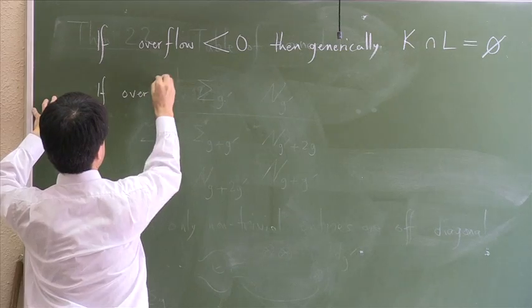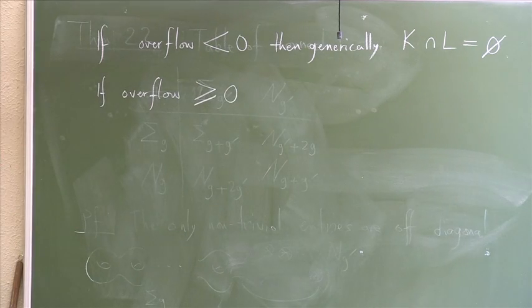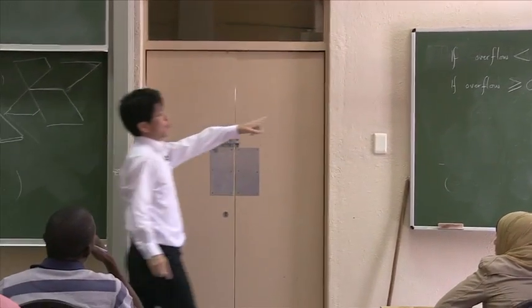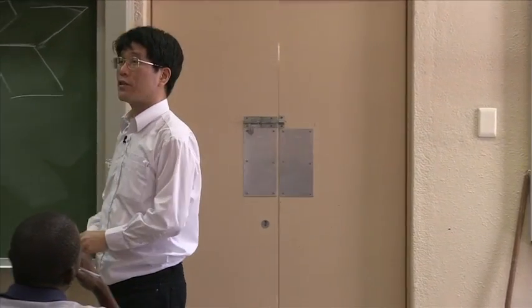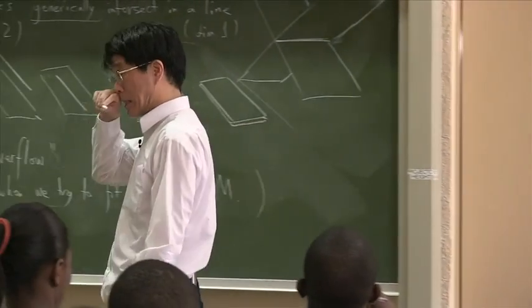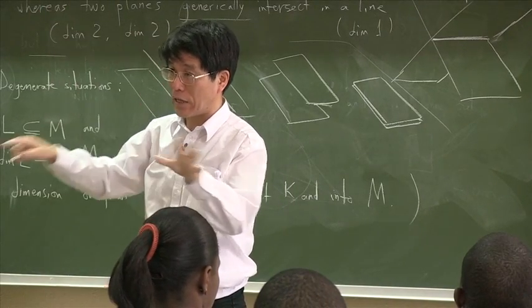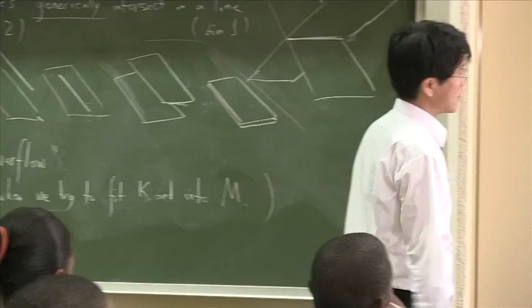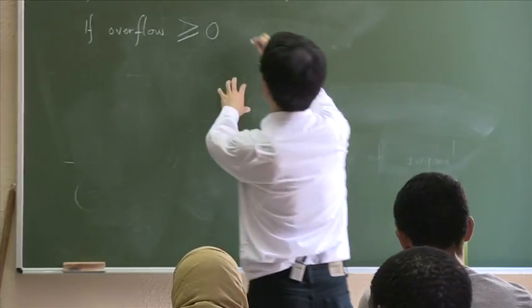If, in contrast, the overflow is positive or zero, those of us who learned mathematics in the English-speaking world will call this positive or zero, because for us positive means strictly positive. Those of us who learned mathematics in the French-speaking civilization will call that just positive. And if there's no equality, we'll call that strictly positive. I'll combine these terms. So if the overflow is positive or zero, then generically